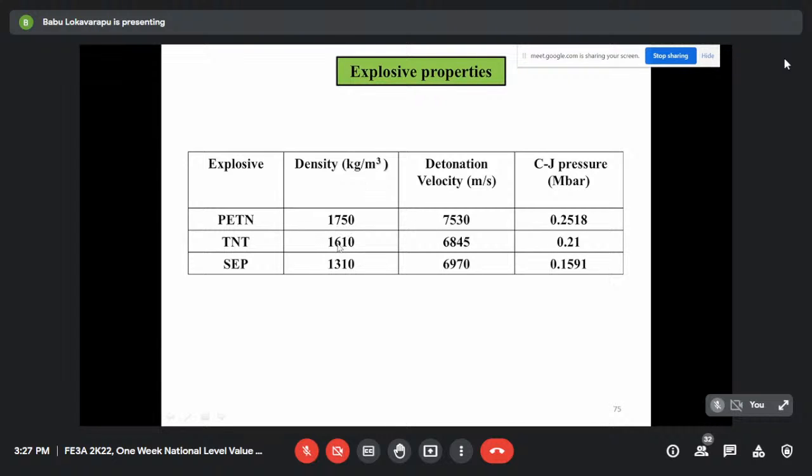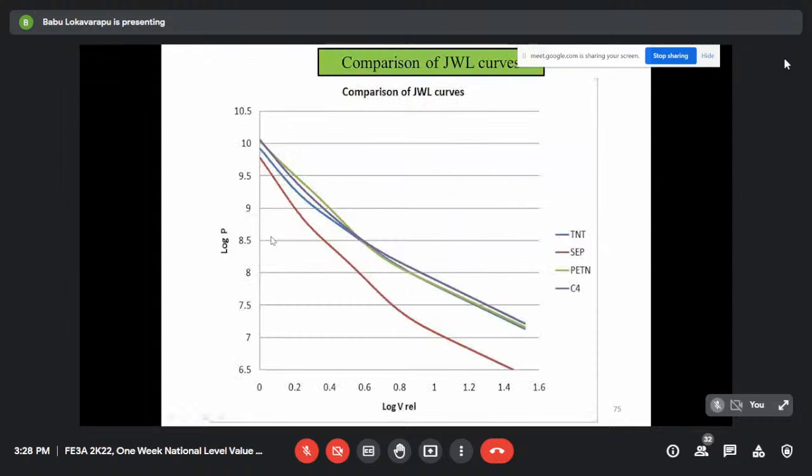If you look at the values and compare density wise, density of this is higher than this, and this is higher than this. Okay, so this is the density wise comparison. But out of these three, we can also compare which is the best one by plotting all three. When you plot all three in this plot, that is log P versus log V, relative volume V by V naught,